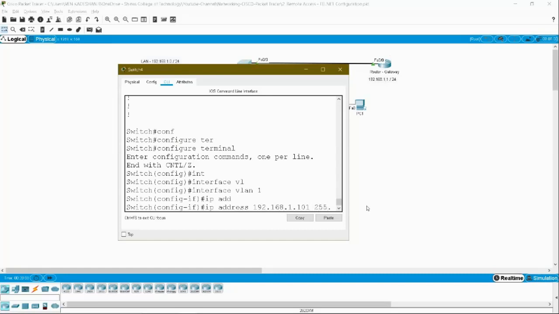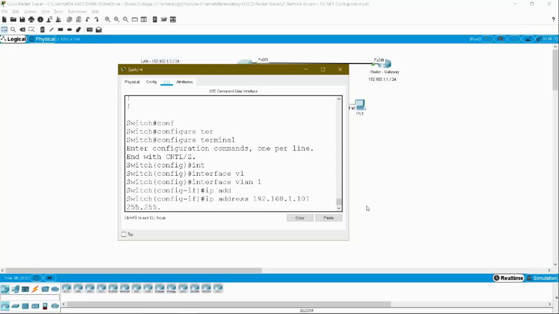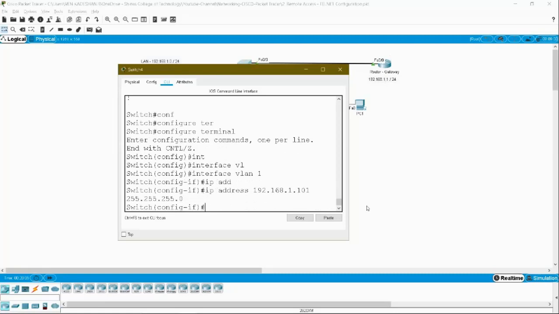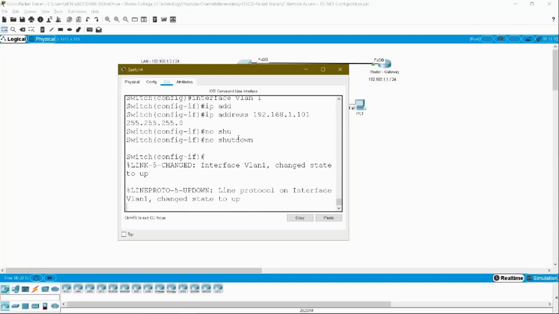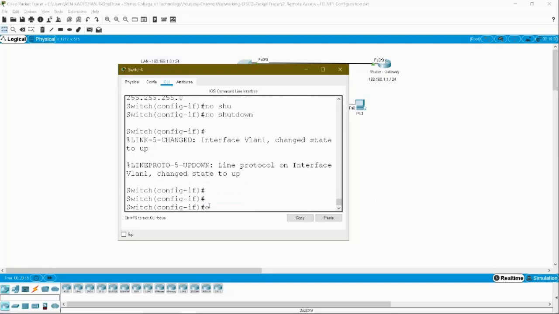followed by your subnet mask 255.255.255.0. Enter. Then the no shutdown command, to make the port up. Once you have given the no shutdown command, your port will become up. Exit.